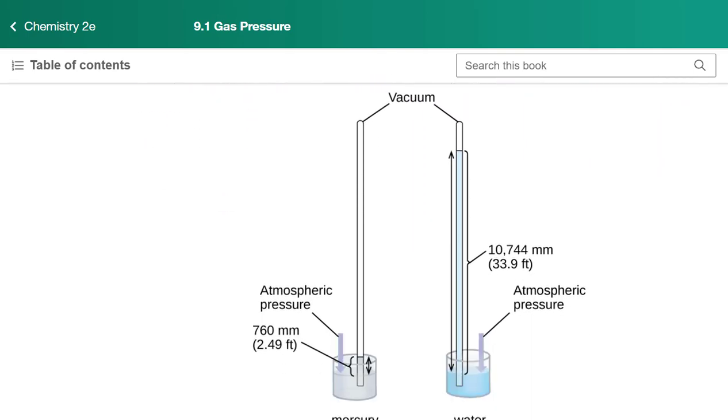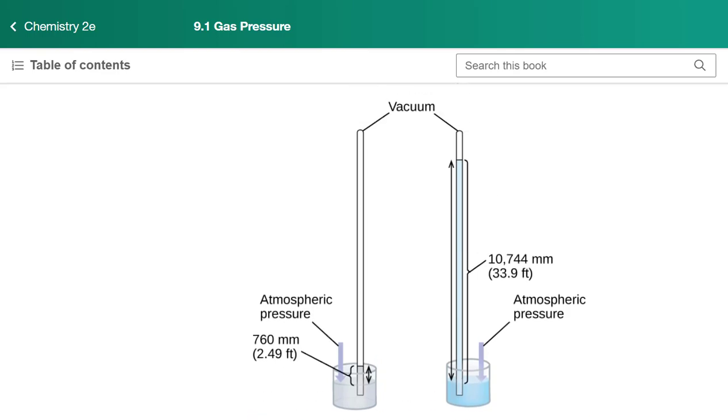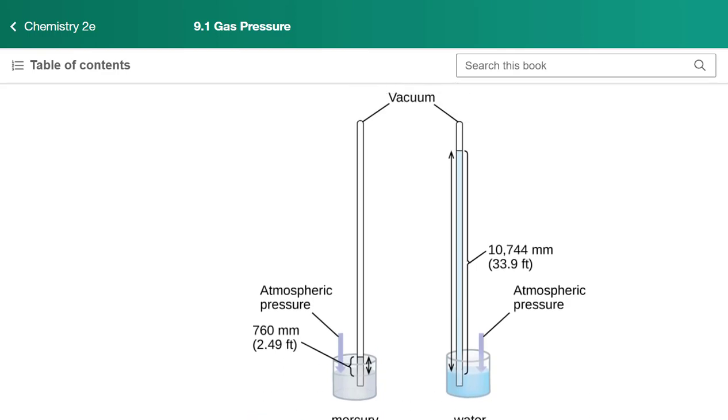Now, of course, with mercury, there are issues. It is very toxic. We try not to use it if possible. We do have some barometers in the classroom, but there is good reason to think, well, maybe we don't want to have a barometer somewhere. And so you might think, well, why would we use mercury?